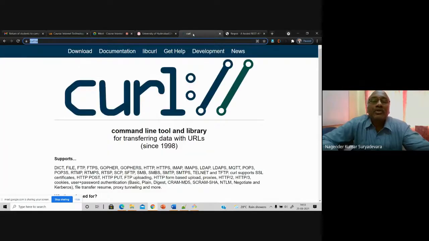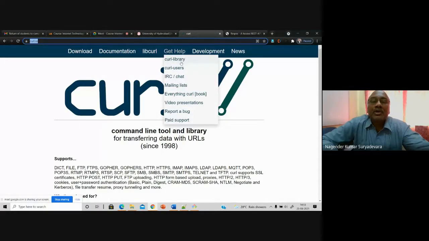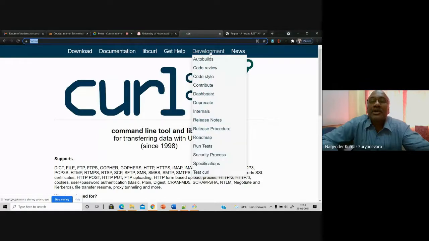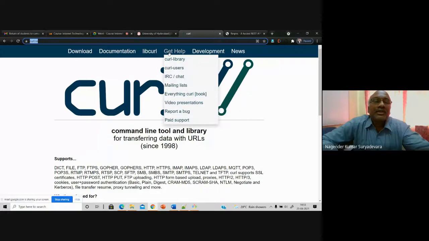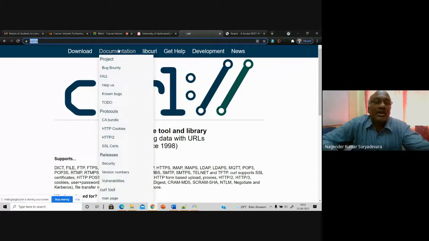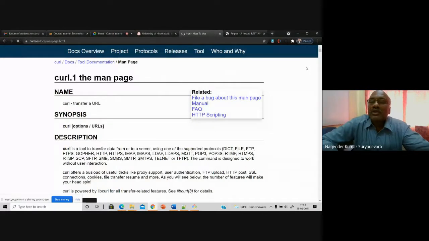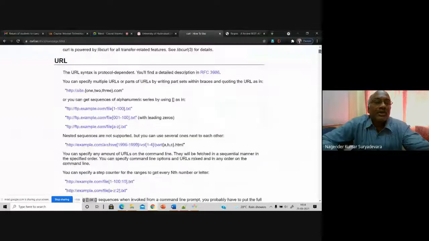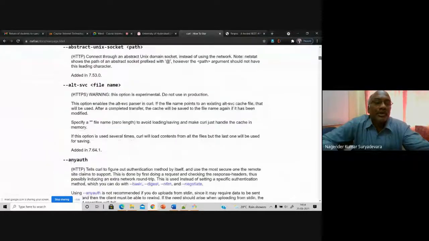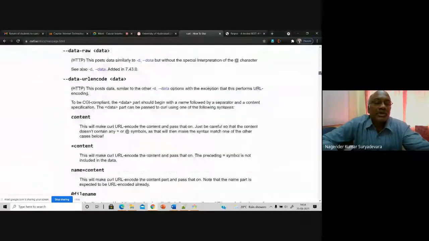And you can go through the curl command, and if you have much time or are interested to explore more, you can go to the documentation, go to the tools, and get the manual page. So you can see there are plenty of things curl can help you with. You can see all these commands and how to use them. So many options are there.